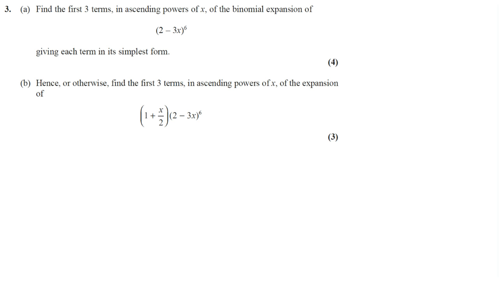Okay, so we've got to find the first 3 terms of the expansion of 2 minus 3x all to the power 6 multiplied by 1 plus x over 2. Now we've just found the expansion of 2 minus 3x all to the power 6, so there's no point doing that again. What we're going to do is multiply that by the 1 plus x over 2. So I'm multiplying it by this part here. Now from the first part we had 64